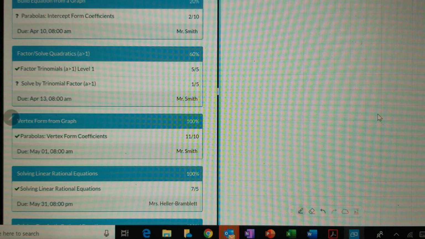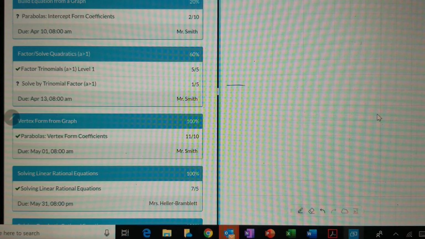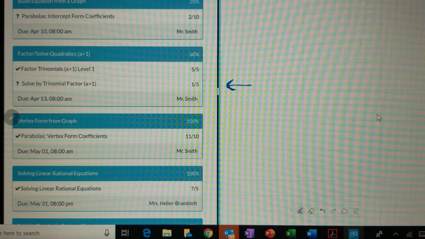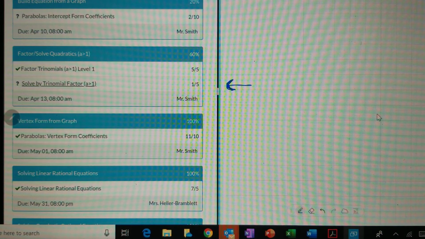Hi again. So we are going to focus on the second half of this lesson right here, which is solve a quadratic where a is not equal to 1. And actually, this is a quadratic not in standard form is really what they should say as the assignment. All right. And so remember, standard form